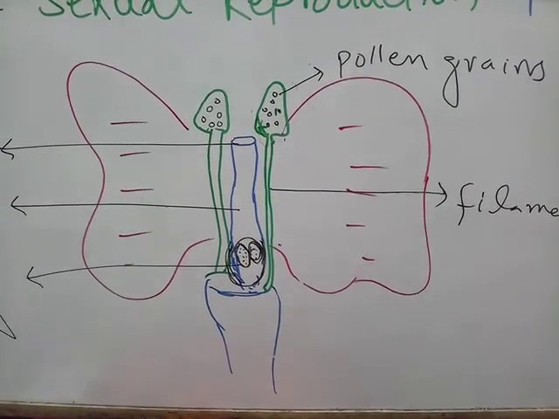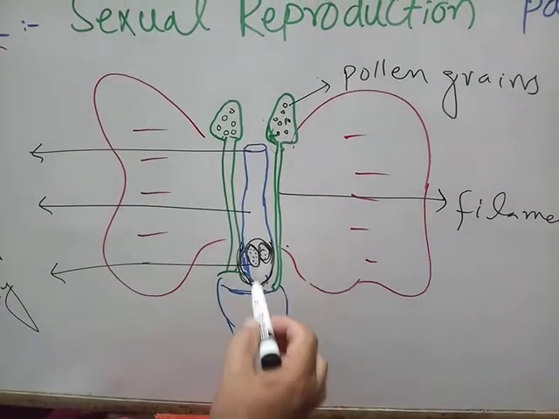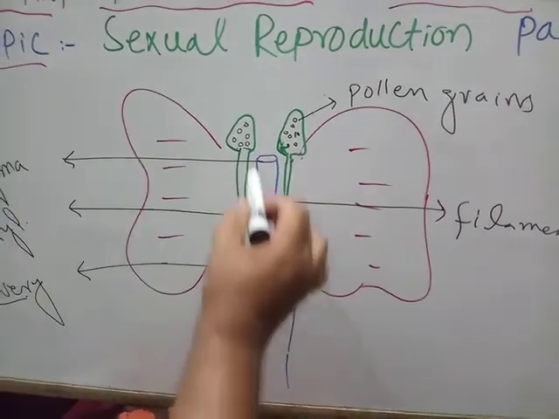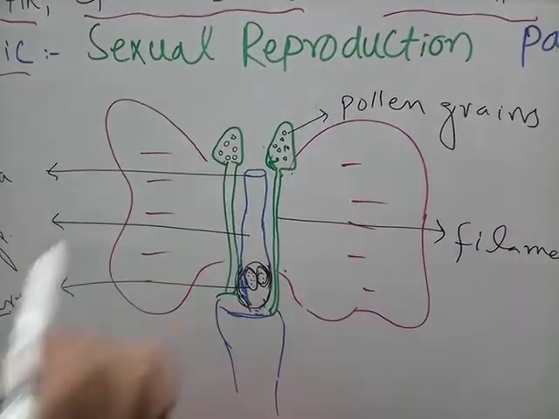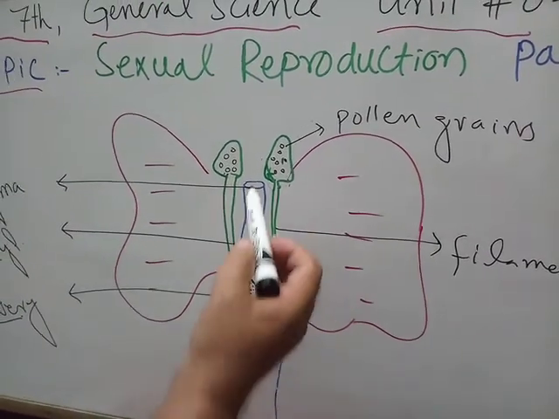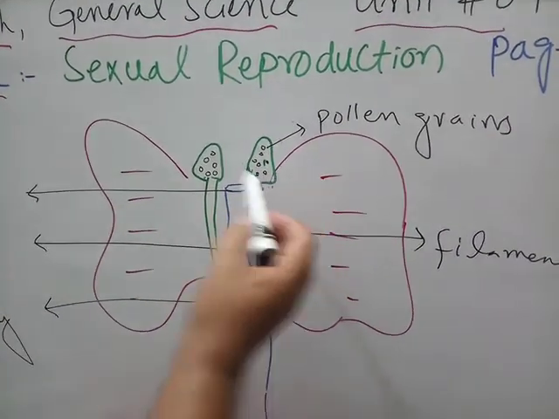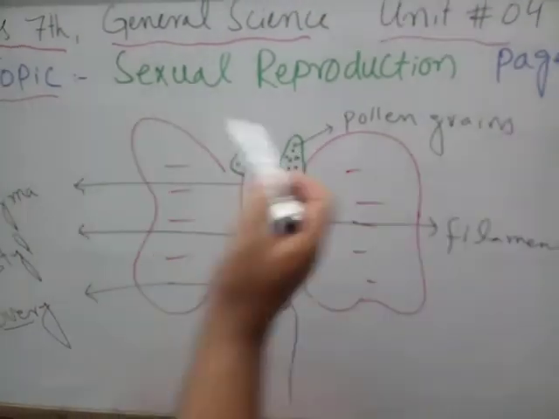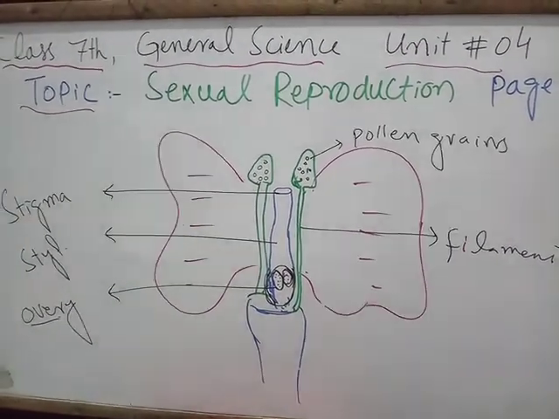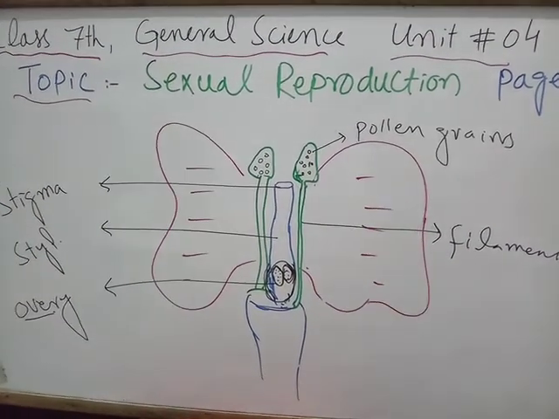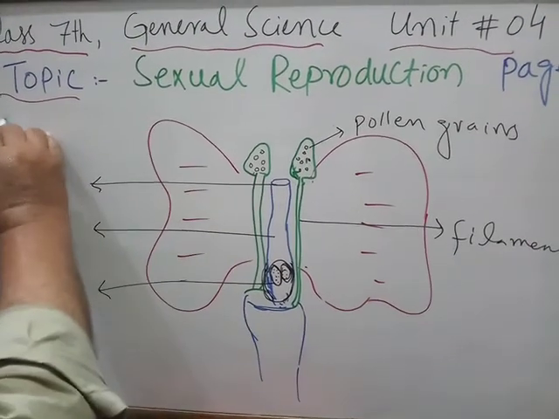So it must be clear to you. This is the female part, and these are the male parts. The male part, the swollen part or head, is called anther. It contains pollen grains. So now I am going to discuss the next topic, which is